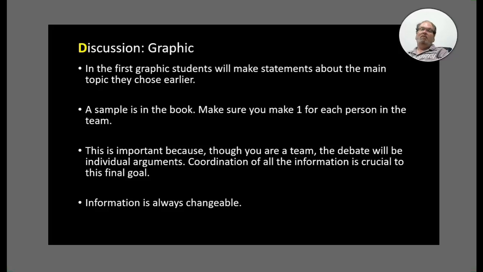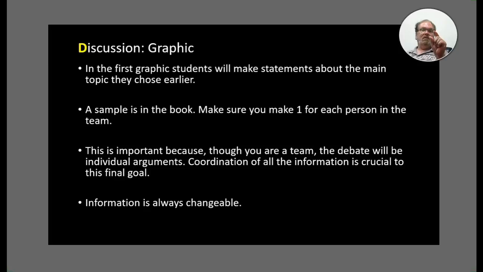So you have information already from your paragraphs. You made a rebuttal paragraph so that you have some opposition points already. Use all that information to do this exercise. This is important because you are a team, and everything has to be coordinated together. All your information should be together. You can't have one person doing this, arguing this, and another one doing that, and they are not connected. You have to connect all your information. Each argument has to be focused on the topic that you made.